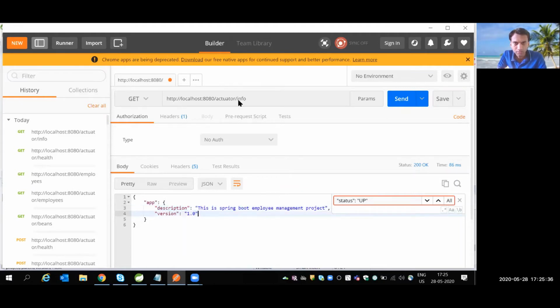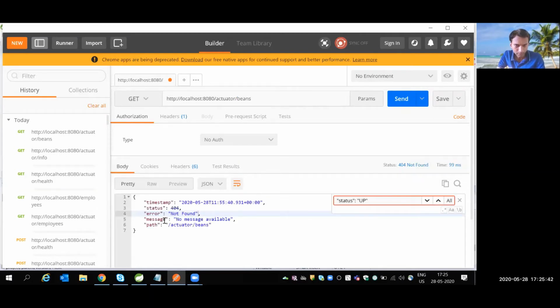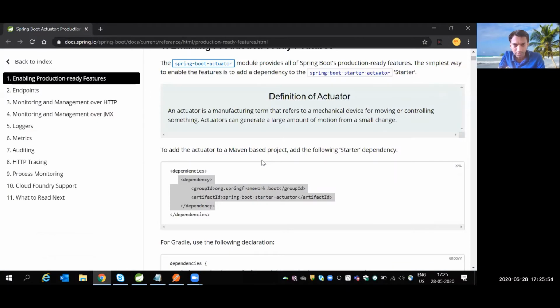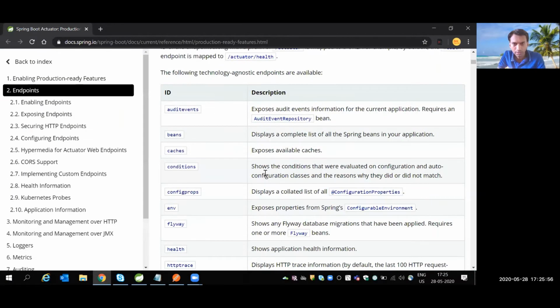Now let me try the next one, beans. With beans, I'm getting 404 not found. By default, only two endpoints are enabled, that is health and info. So let's try to understand now how to enable all the endpoints.